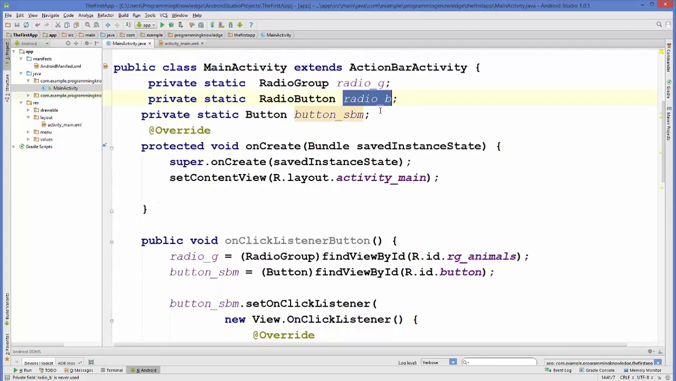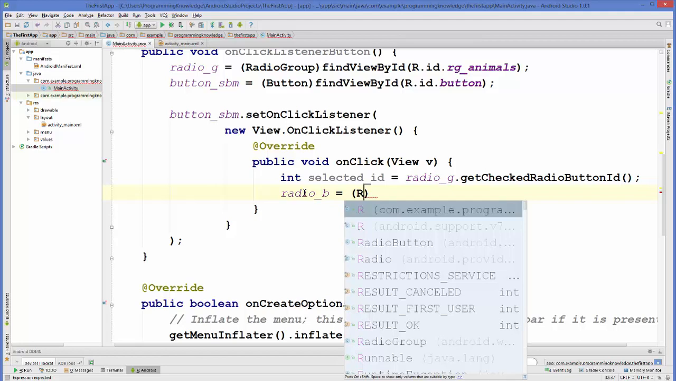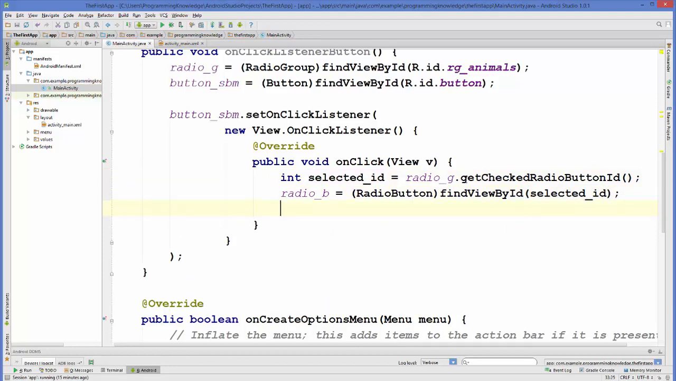which is the radio button variable, right? So radio B is equal to, we will cast it to radio button, and then we will find view by ID, and this ID we will get from radio button, we can pass it here as an argument. And now whatever button is selected on radio button, we can get the text from this button and display. Okay, so what we can do is call the toast dot make text, and in here we can call